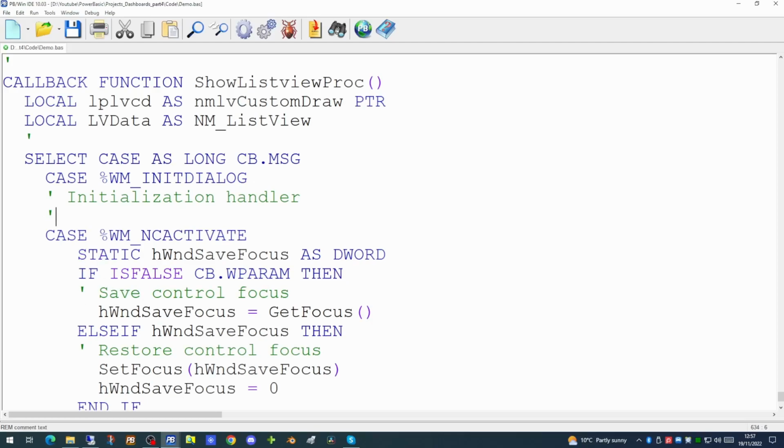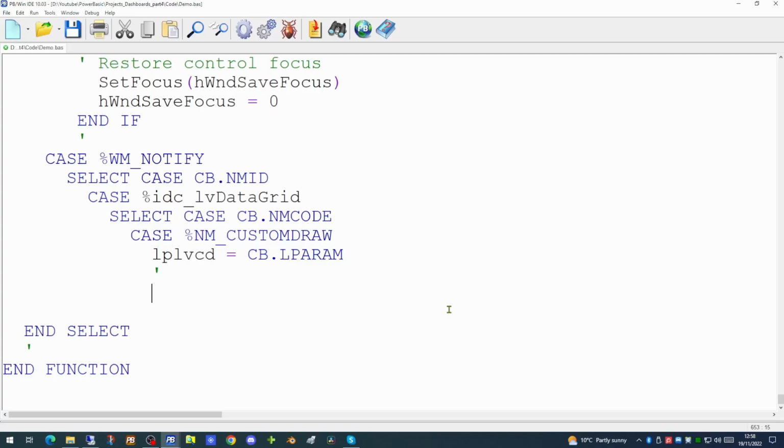Now for this particular list view, I'm going to reuse some code we did some time ago that allowed us to colour alternate lines of the list view different colours for readability. So we're going to use the WM notify event to pick up when data has been added to the list view. This makes use of the custom draw. We're going to work out whether the background of the row needs to be drawn or not.